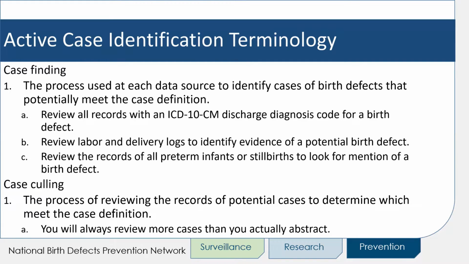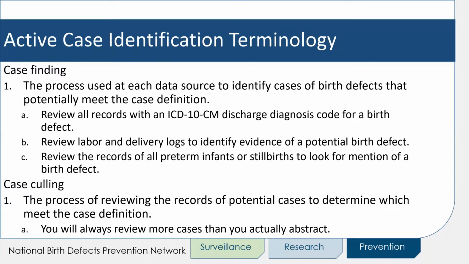Active case identification terminology. Case finding is the process used at each data source to identify cases of birth defects that potentially meet the case definition. This process may include